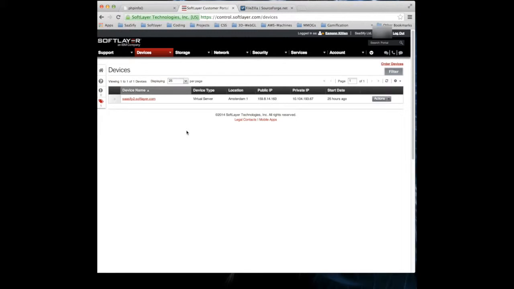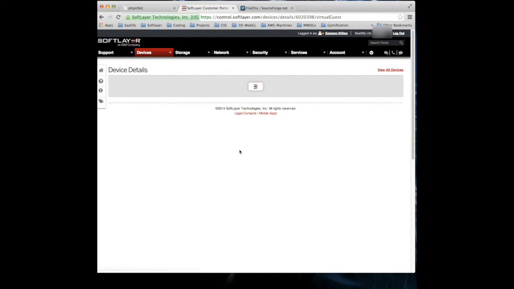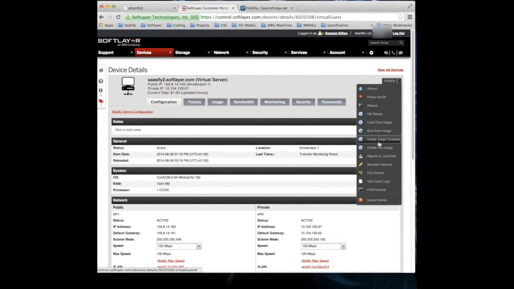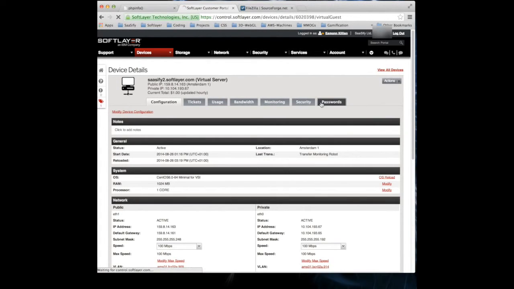Now, one of the great features of SoftLayer is Flex Images. So what I can actually do now, and what you can do with your service, is when you go from devices into the broader device listing, and more information about this device, on the Actions menu here, there's Create a Flex Image. So I'm going to click on that,